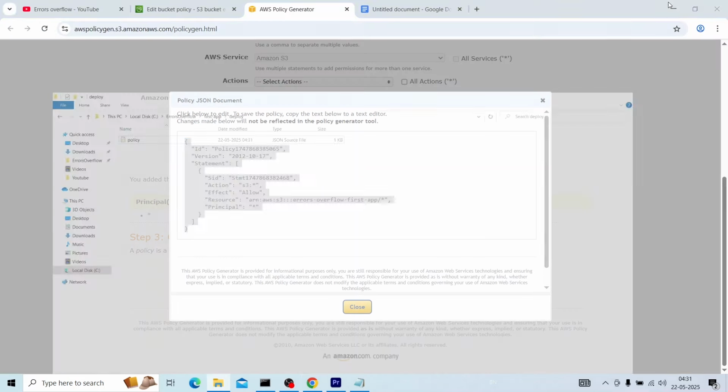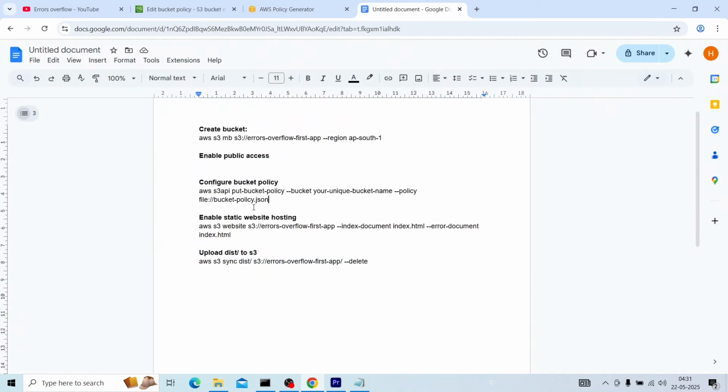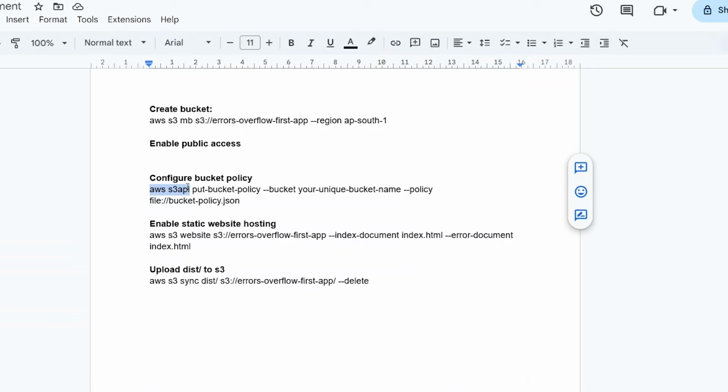After that we'll configure the bucket policy. This is aws s3api put-bucket-policy --bucket, then the bucket name.